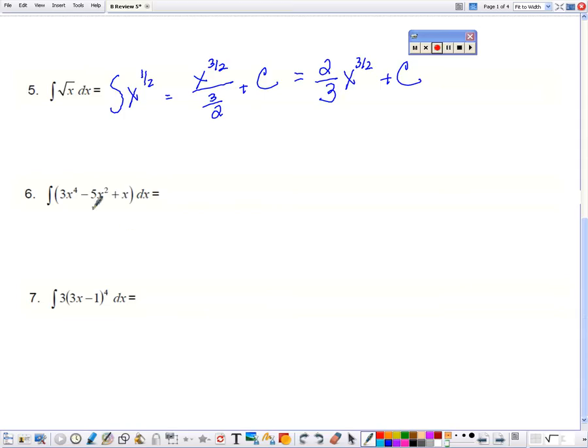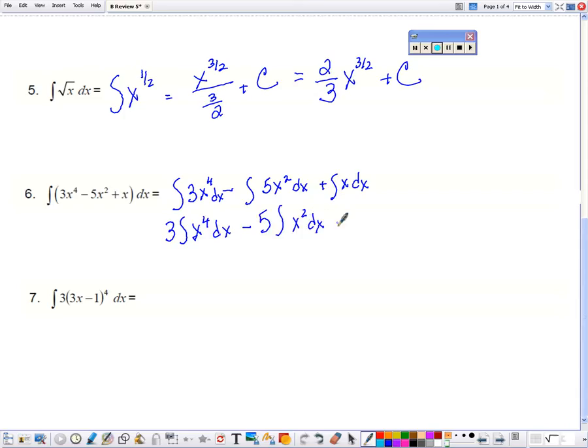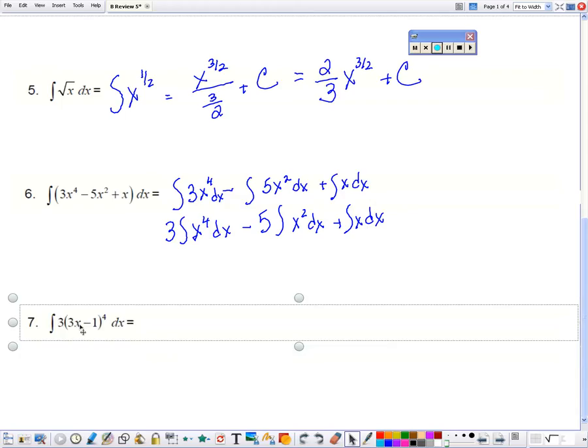Okay, so for number 6, because it's a polynomial, we can separate this into 3 different integrals. And then from here I can pull that constant away. Same thing with this 5. So now my antiderivative